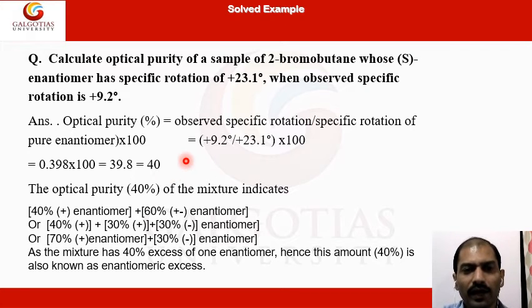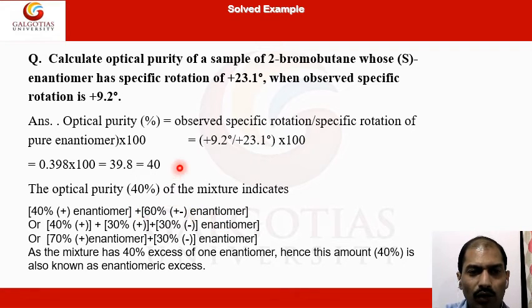By this way, once you calculate, this value will come to 40. So this 40% optical purity of the mixture indicates 40% of the plus enantiomer,